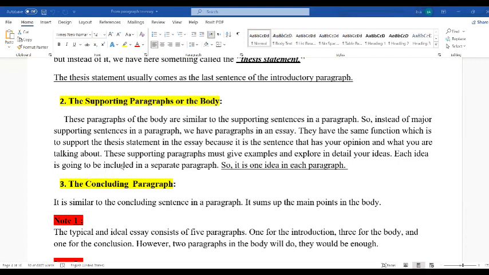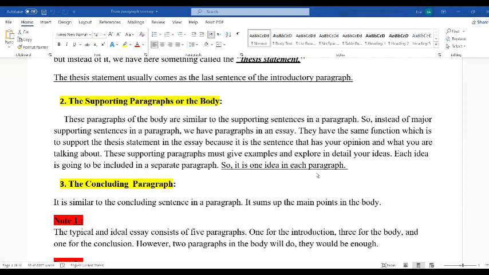So each idea is going to be included in a separate paragraph. Okay? So it is 1 idea in each paragraph. In each paragraph, you only have 1 idea. Please pay attention to this point because it is important. For example, if I'm talking about causes of traveling, so why do people travel? Maybe they travel for education, to have better education. Maybe they travel to have better job opportunities. So here we have 2